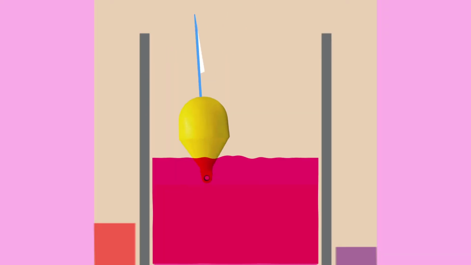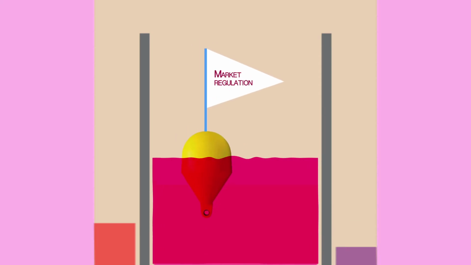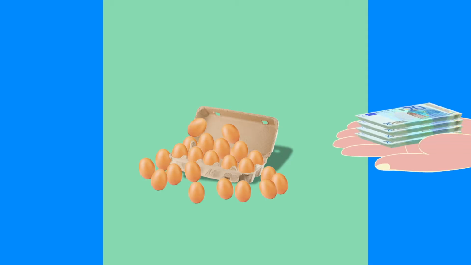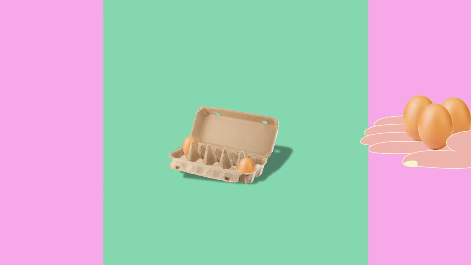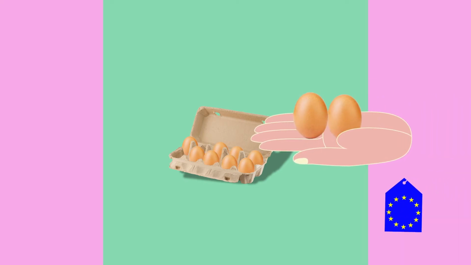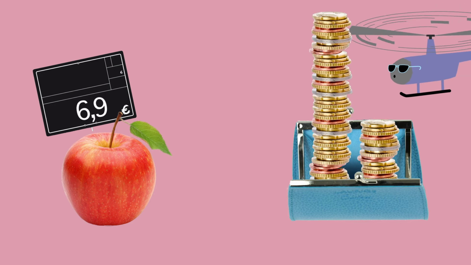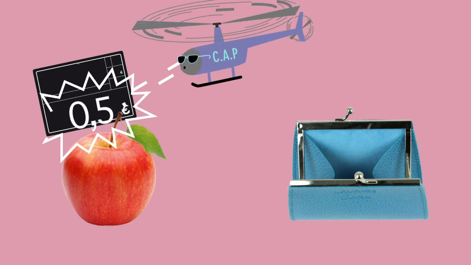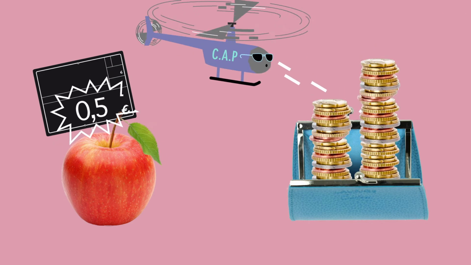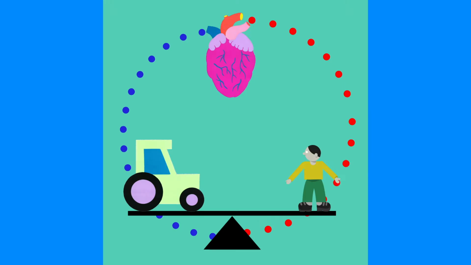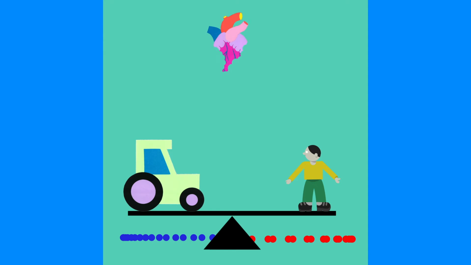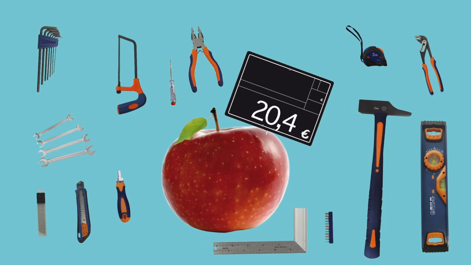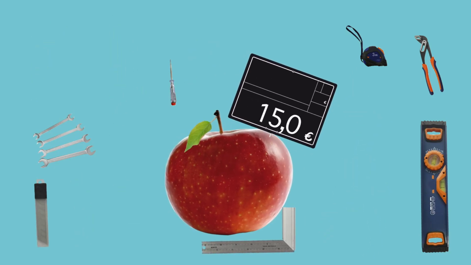One of the original objectives of the CAP was to regulate the market. This meant that if Europe was overproducing, the EU would buy the surplus from farmers to prevent the market from collapsing. If, on the other hand, Europe was facing underproduction, the EU would sell back the surplus to prevent prices from rising. This allowed producers to receive guaranteed prices and consumers to have access to food at reasonable prices. This kind of mechanism, called market regulation, disappeared over the course of many CAP reforms, and the CAP no longer includes the tools needed to ensure fair and stable prices for farmers.